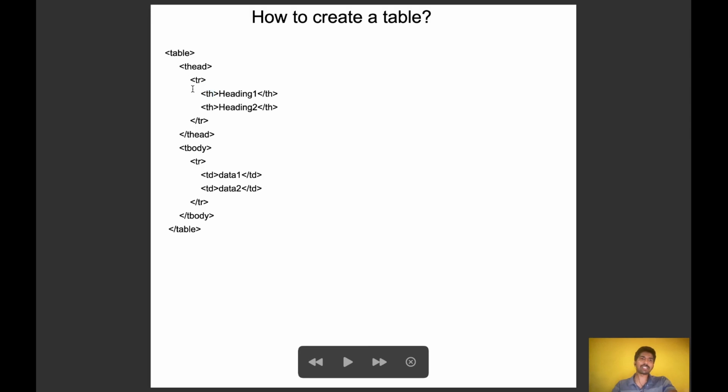For writing the table headings we will write th. For writing some content under the headings we will use td. Td means table data. Currently I have written one row. You can write multiple rows, but the heading will be a single heading for all the rows. So that's it about tables.